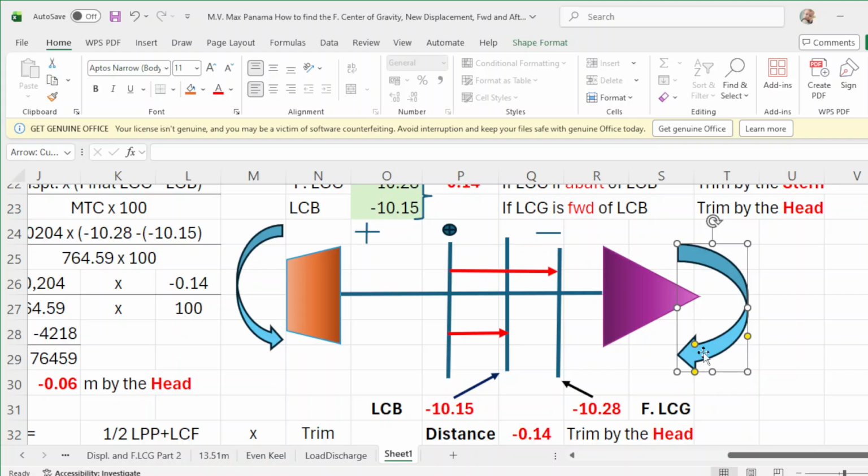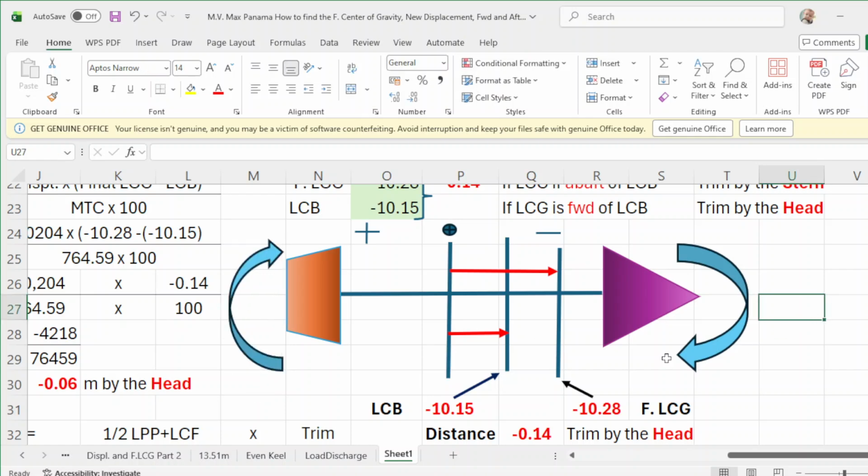So that's why it's downward, because of the total weight of the vessel plus the weight of the cargo, the ballast, whatever weights are on board, the gravity pull is to push you down. That's why it's going downward. And this one should be going upward. When you say buoyancy, it is the water that pushes upward. That's why the arrow is going upward.